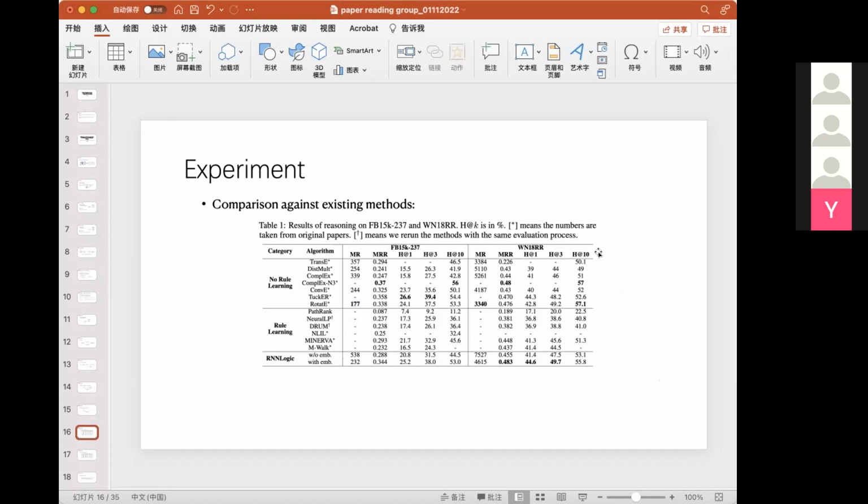The next part will be the experiment results of RNNLogic. RNNLogic is compared against some existing methods, including knowledge graph embedding methods as well as rule learning methods. And then we can observe that